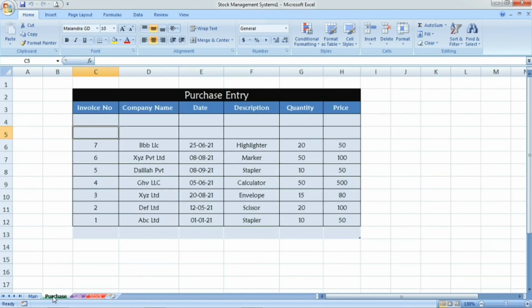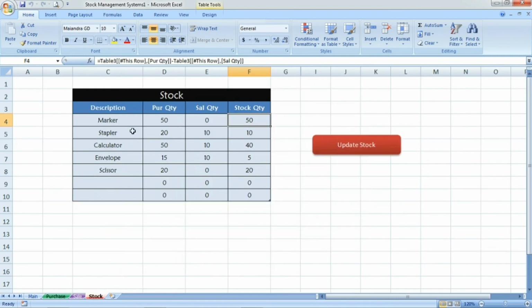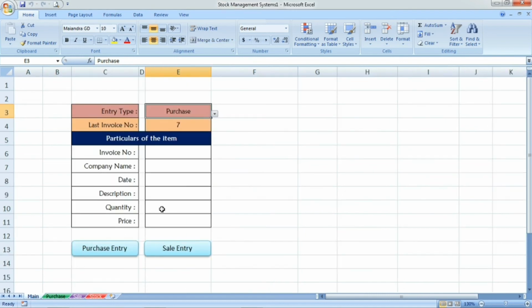Once I press the purchase entry, see here in the purchase sheet, that highlighter new item has been added. Now the same item, if you see in the stock sheet, it is not updated. So what you have to do is press the update stock. After that, the highlighter is added in the stock sheet. See here, the purchase quantity is 20 and the sale is not yet sold, so the available stock quantity is 20. Okay friends,